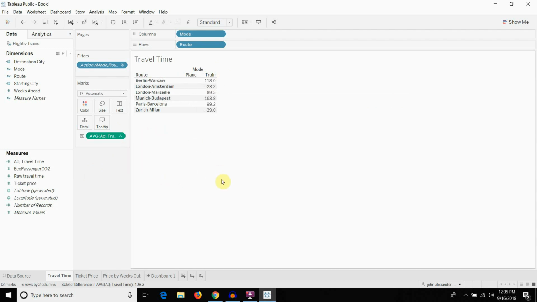What do you think people's time is worth per hour? How many euros? Should we say 20 euros an hour? Sounds like a good estimate to me. So what we've done essentially is we've said how much faster or slower the train is. In this case, how much slower, right? So it's a lot slower on this route, 118 minutes slower. And then it's 23 minutes quicker on this particular route. So if we said that somebody's time was worth 20 euros, we could say be this times,